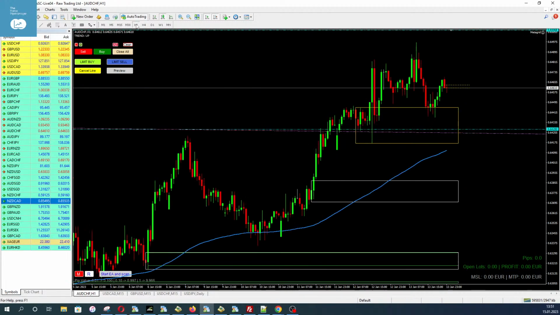If we go to a lower time frame, the H1, you can see the nice reaction here on the dynamic moving average from MetaGrid here. This is also a good way to enter a trade if you see here reaction on the dynamic moving average. You should not blindly trade, of course, such